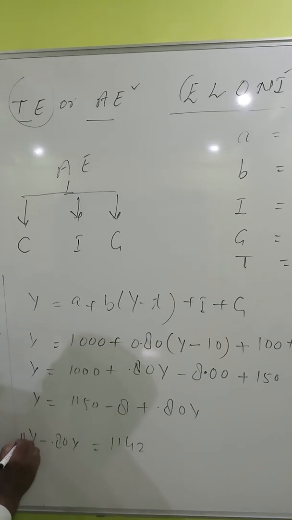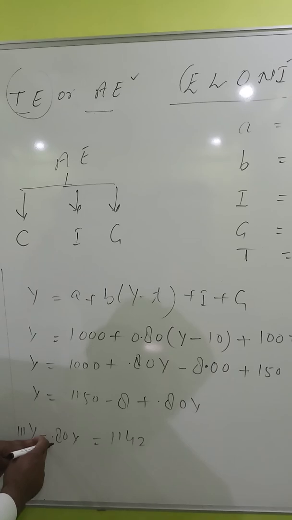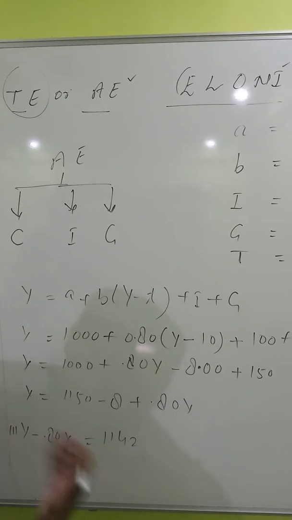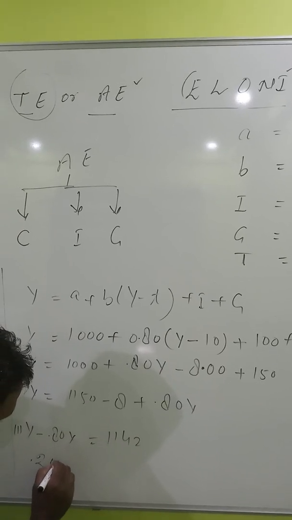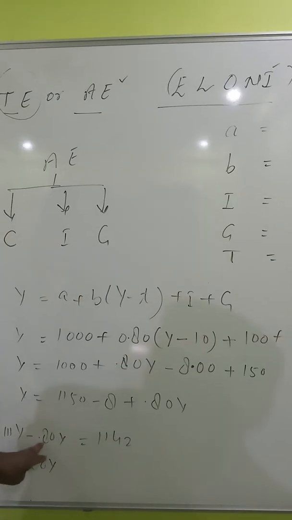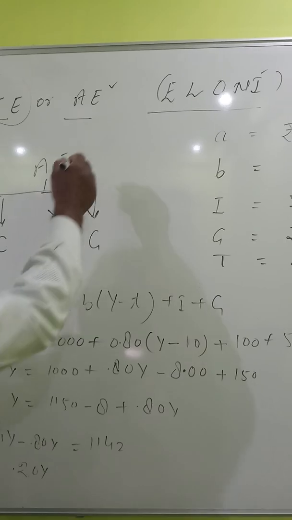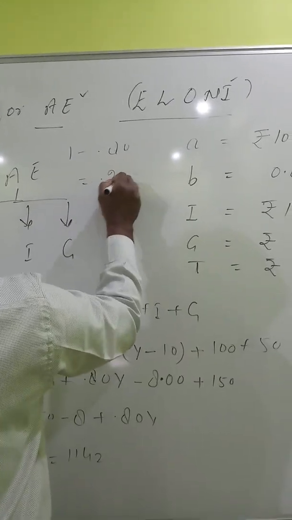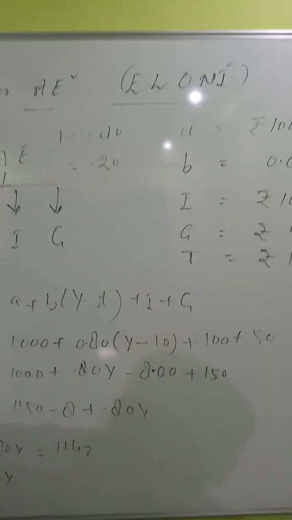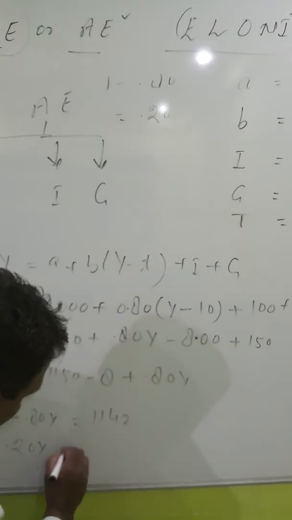So here, 1 minus 0.80. The remainder will be 0.20Y, because we have subtracted 0.80 from 1. The remainder will be 0.20. Therefore, we have written here 0.20Y is equal to